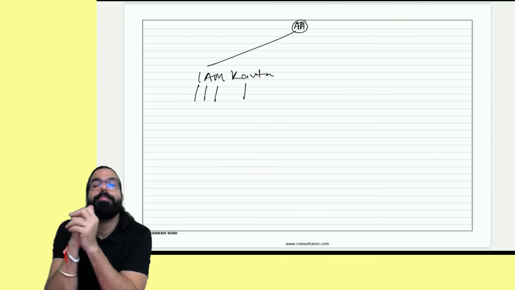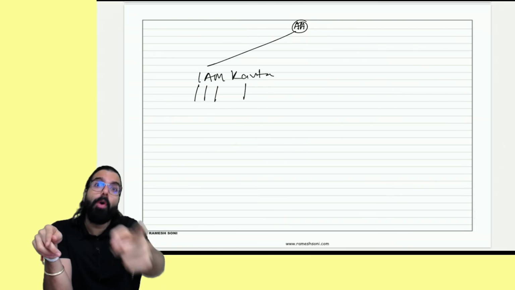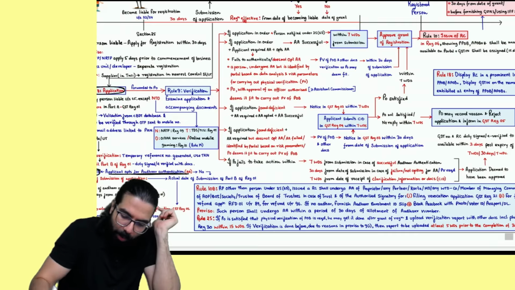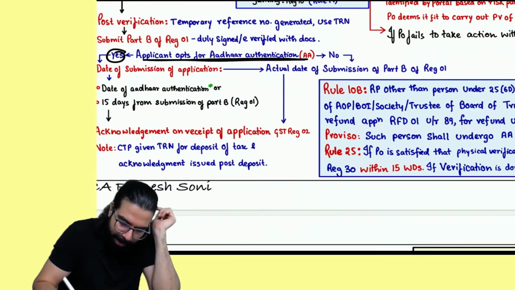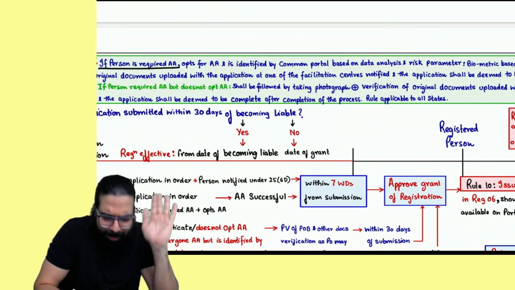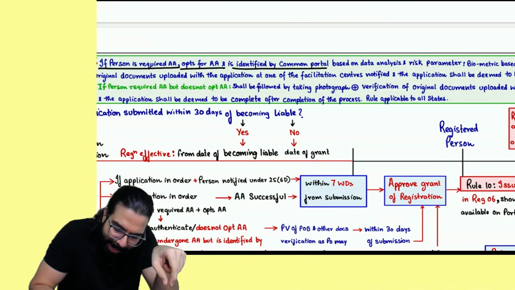This point you already knew. But if I am required authentication and I told no, then gone, Baba, gone. They have gone ahead and told, if you go ahead and tell a no, now, see here everyone, I put a star over here. If a person is required Aadhaar authentication, opted for authentication, if you are identified by the